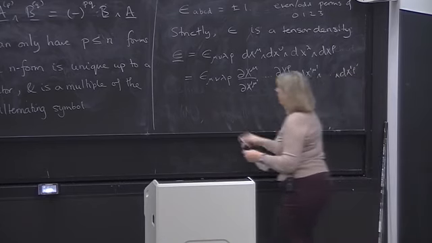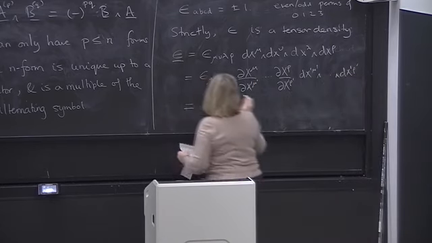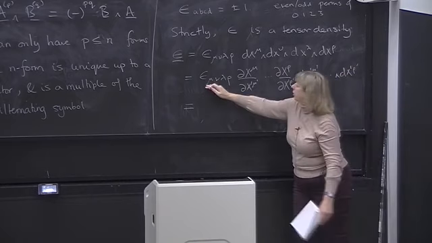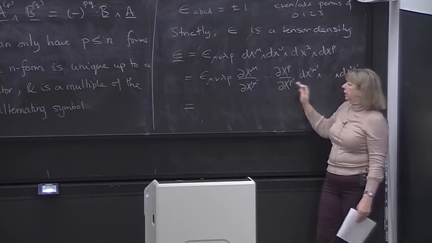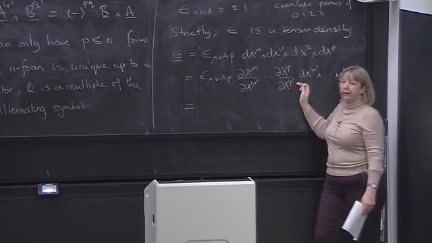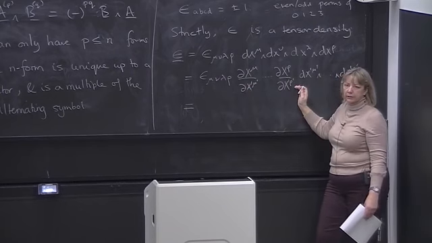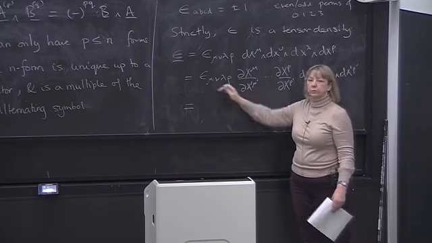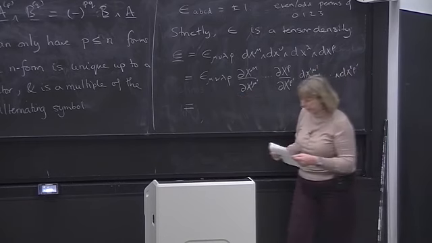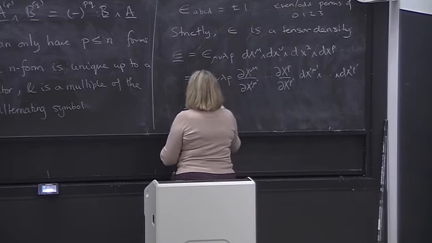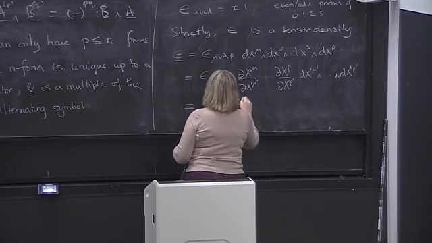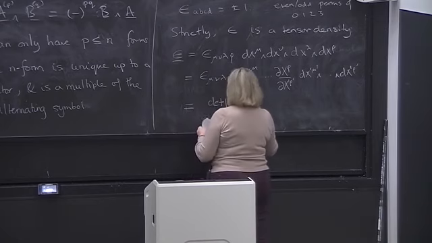So the definition, if I look at this first expression, this is actually how you define the determinant of a matrix. You simply take n copies of the matrix with this alternating symbol. And so this is, in fact, det of dx by dx primed times